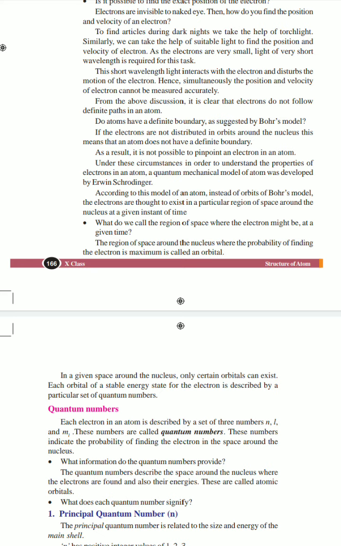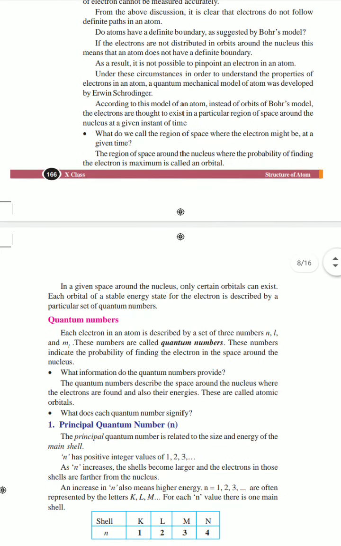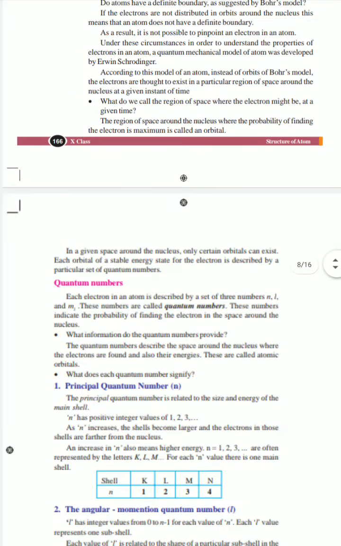Around the nucleus, what orbitals will be present? In each orbital, how many electrons will exist, what about their velocity, and in what direction will they rotate? These will all be given by the set of quantum numbers for each and every orbital. These quantum numbers give the information about the complete internal structure of the atom, children: how many electrons are present, their direction, position and velocity.